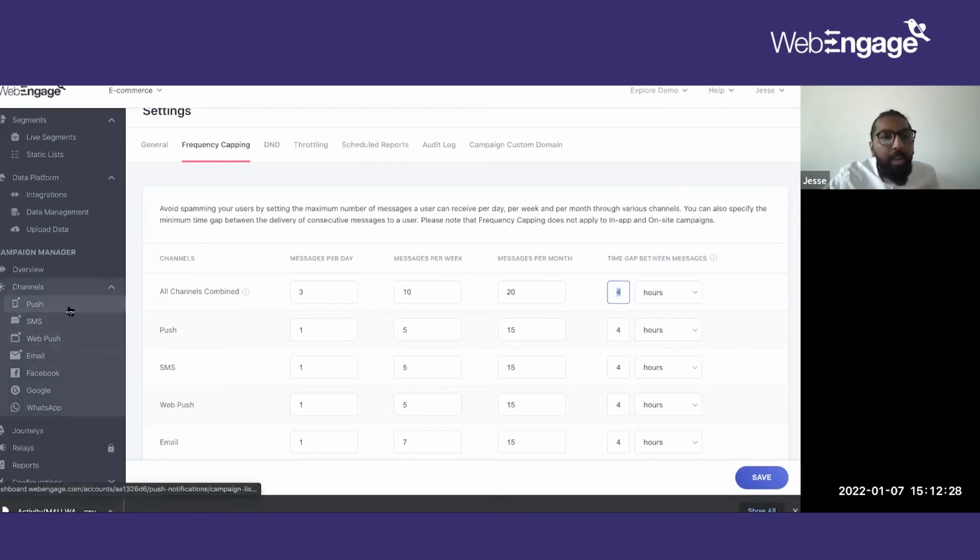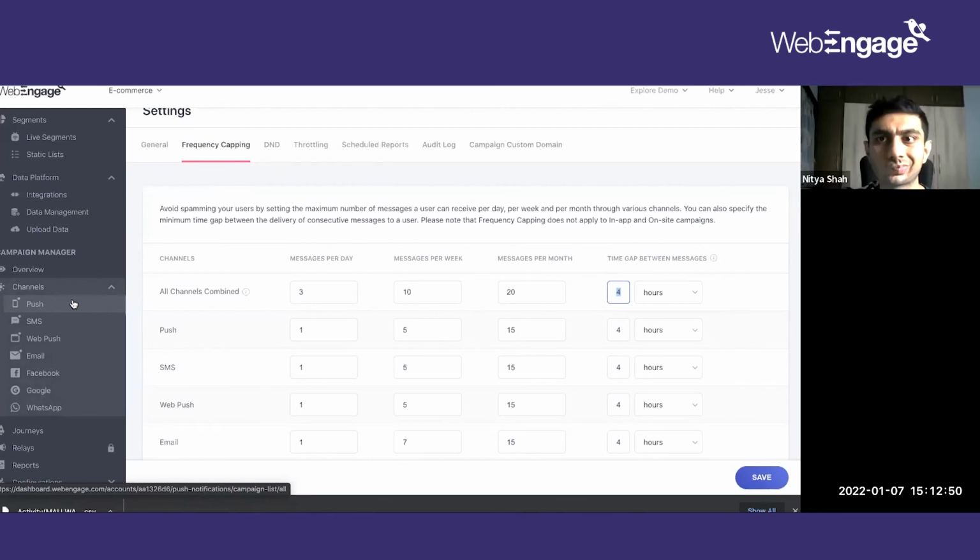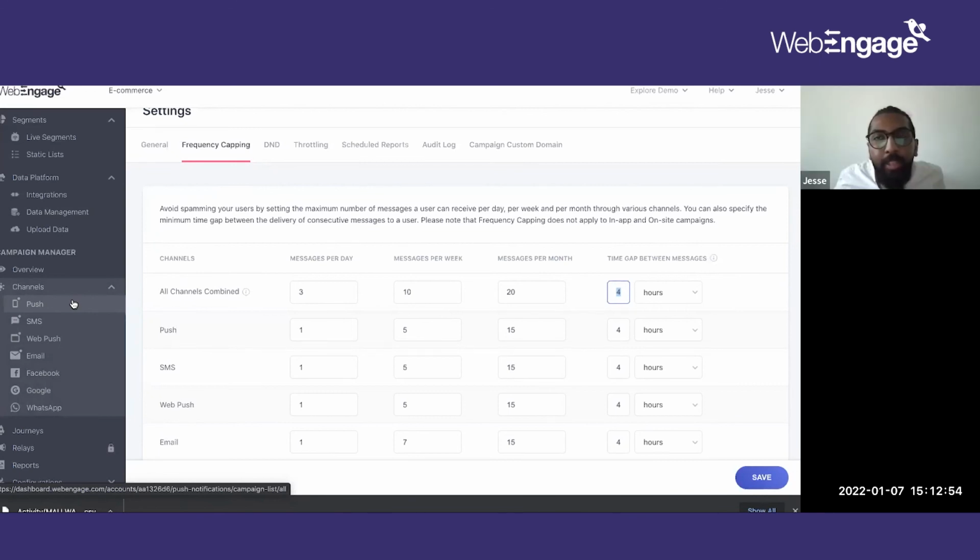Industry-wise, in e-commerce, push and email are highly used channels. People prefer to receive an email and SMS as well. One stat that I was looking at says 98% of users check their SMS within the first 2 minutes of receiving it. So I would never say a channel is not good. I would say it's important to space your communications across channels and times.